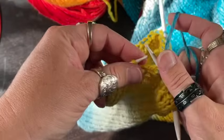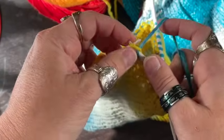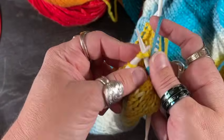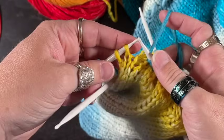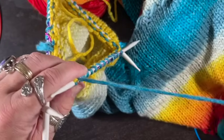The instructions for my size says to do this to 2 stitches before the marker. There I am, and she wants me to knit 2 together, so there we go. I am ready